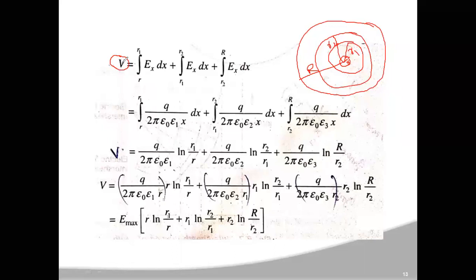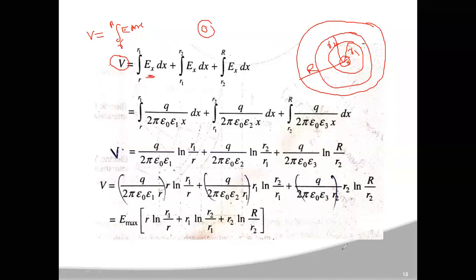or you can also say voltage. This voltage V, if there is a single cable, that means one conductor and one dielectric material, is the integral of E dx from small r to capital R. But here you are having 3 layers. So this Ex value you have to integrate from r to R1 first, then R1 to R2, then R2 to capital R. And what is Ex here?